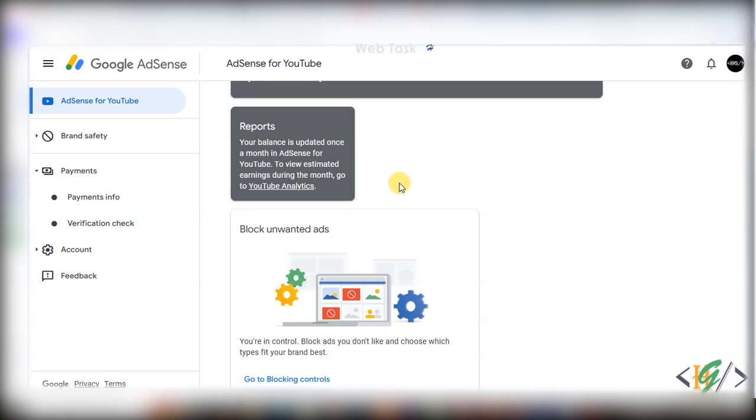Bismillahirrahmanirrahim. Assalamu alaikum. My name is Hassan and today we are going to download US tax document from Google AdSense